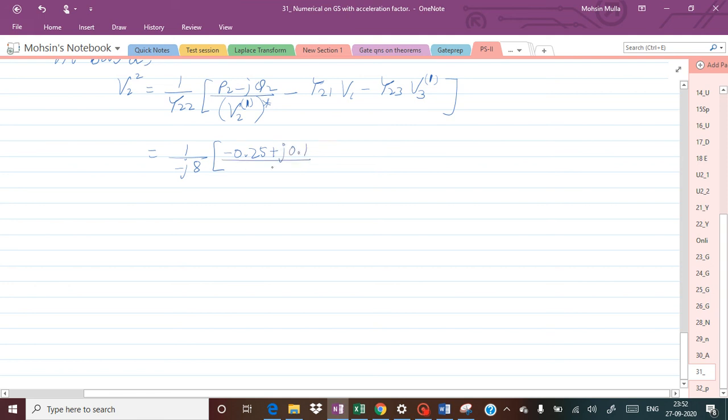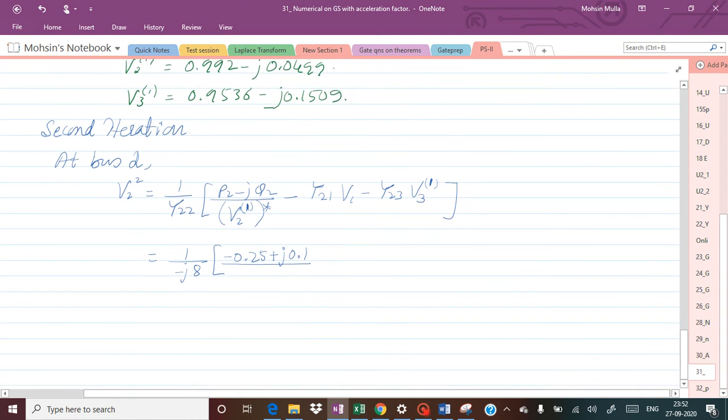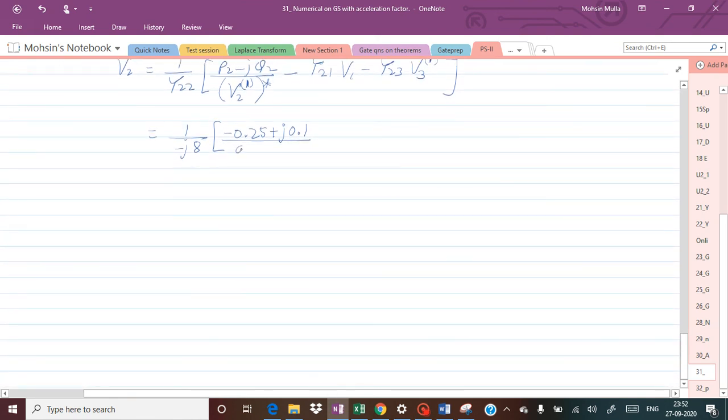In the denominator V2 of 1, which we have already expressed above, so let us substitute the same: 0.992 minus j0.0499. Minus y21, which is j3, in bracket 1.02 plus j0, minus j5 into